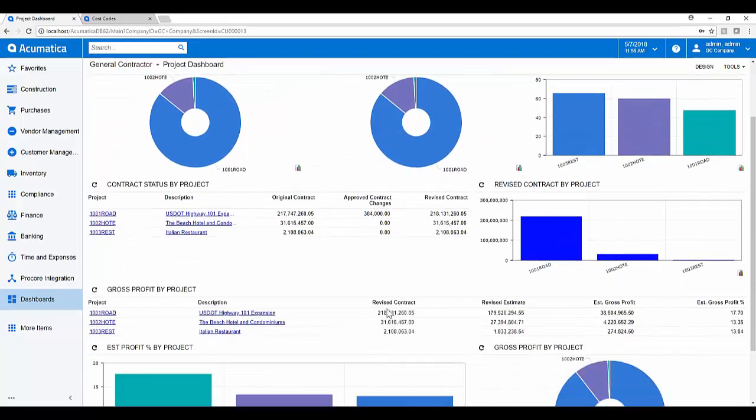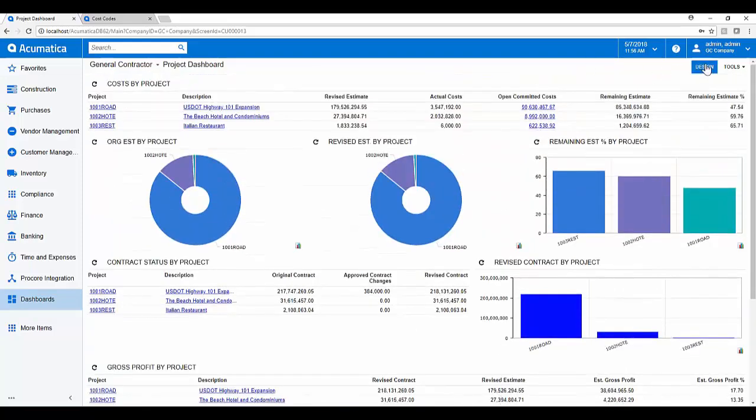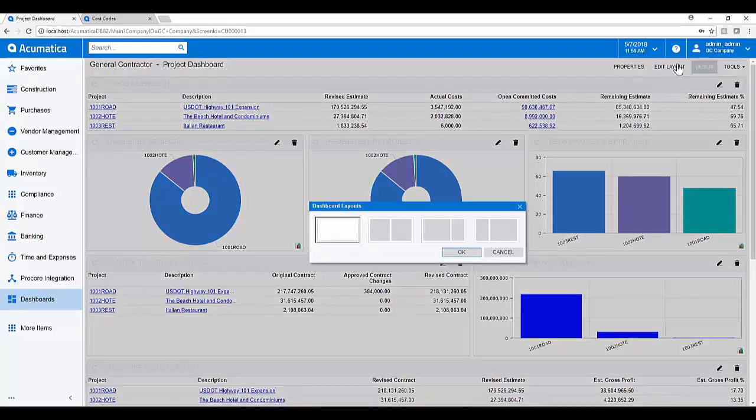These dashboards are supported by an unlimited number of reports. So the data that you see displaying on these dashboards is configured to display the different graphs and charts that are available. You can change the layout of these dashboards, how you want them to appear, multi-pages, one big screen like we have,